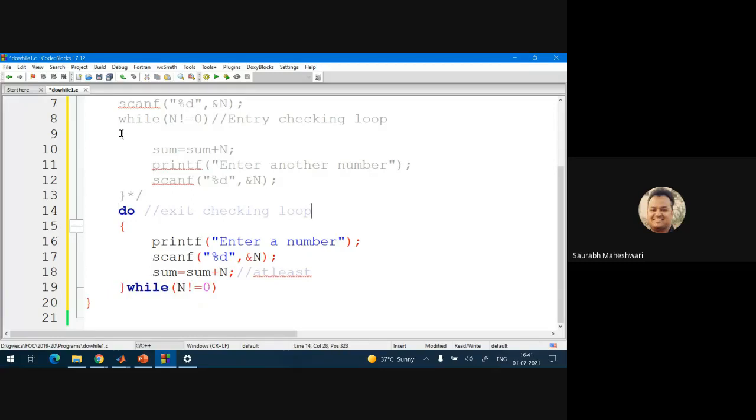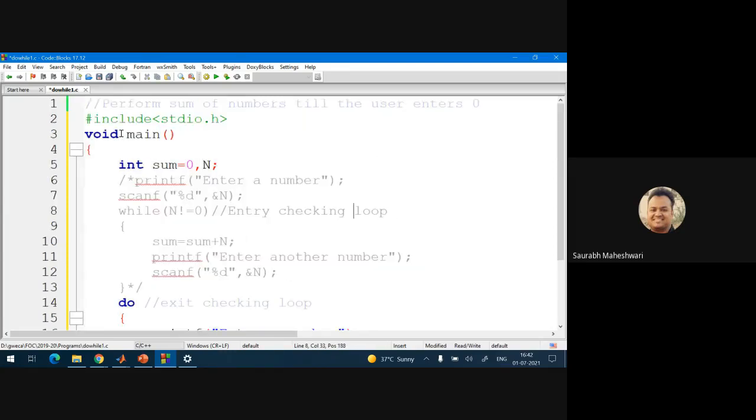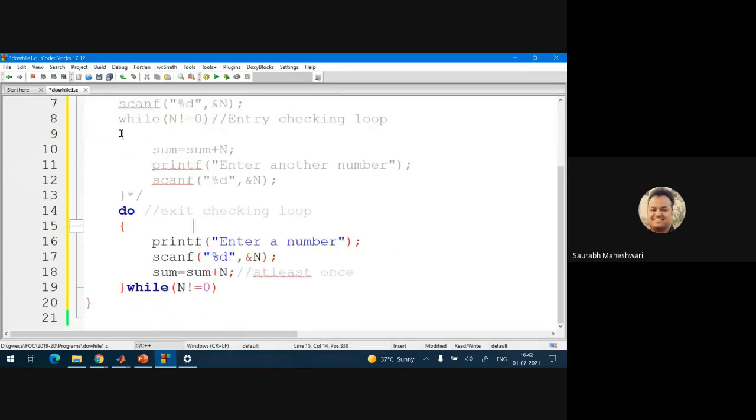Okay, and where do we involve a do while loop? Where we want the loop to run at least once. So here the first value will be taken by these two statements. If the first value is, suppose, 0, then the sum will be 0, and after finishing this loop it will check whether it is 0. If it is 0, then it will stop here, and it will not go back to do and enter into the body.